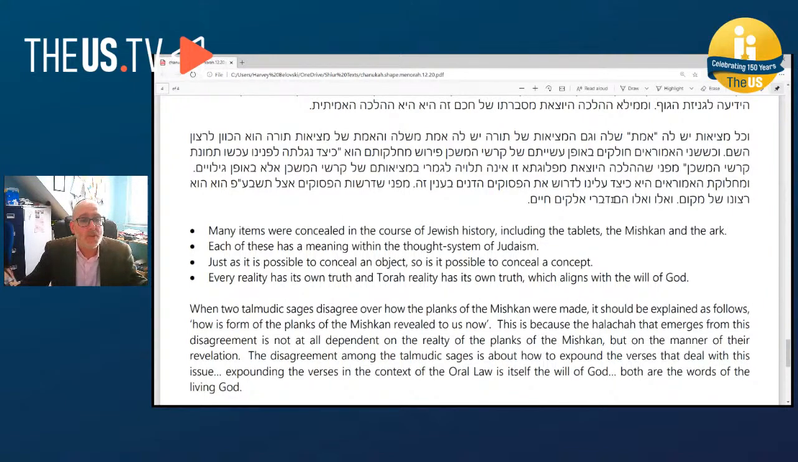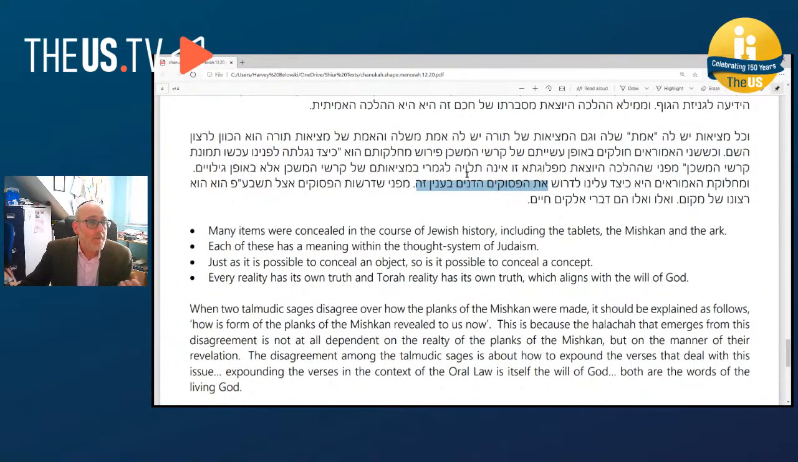As Rav Hutner says beautifully, and he writes in his beautiful Hebrew, this disagreement amongst the early sages about what the shape of the planks of the Mishkan were like, and so too in our discussion about the shape of the Menorah, "he'ketera aleinu lidrosh." How does it, as it were, devolve upon us to expound the verses that address